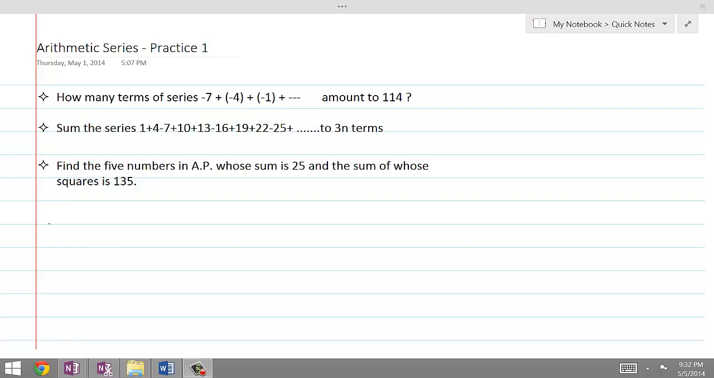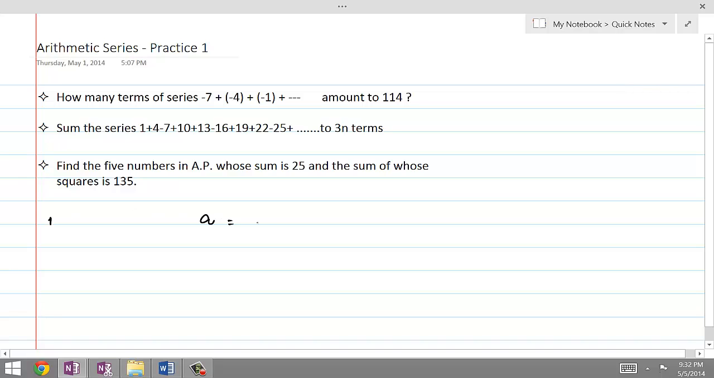In this lesson, we'll do a few more questions for better understanding of arithmetic series. First question is, how many terms of the series -7, -4, -1 and so on amount to 114? In this series, the first term is -7. So, for question 1,